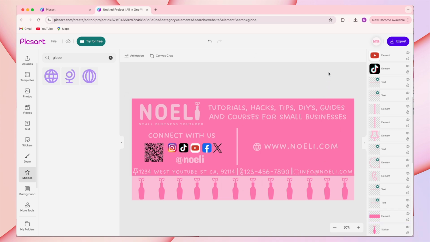detailed, professional looking. And overall, it really wasn't that difficult to make, and the designing process does not have to be hard. But I know what you may be thinking, Noelle, what if I wanted it vertical instead? And I've totally got you covered, so now let me quickly show you how I would make a vertical business